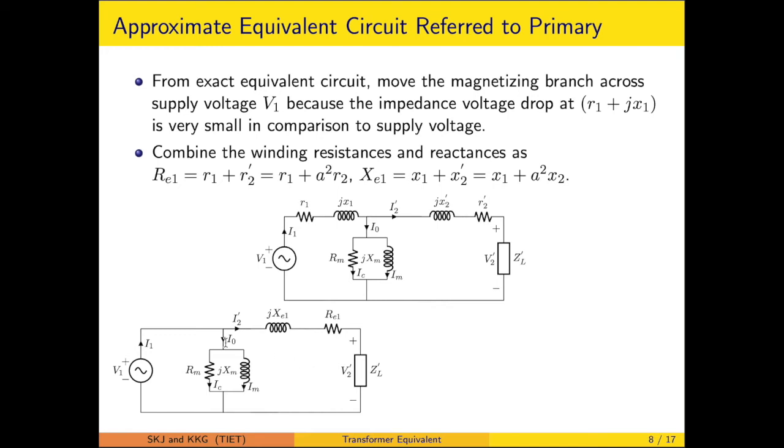So this is one arrangement. Now what we will be seeing is that this is coming out directly across the supply. So when this is directly across the supply, it is not participating in calculating the voltage, because the voltage ultimately depends on V1, V2 dash and the I2 dash with this series resistance. It is not participating at all. And the second point is that this current I0 is small, so we can neglect it and form another equivalent likewise. So this is one approximation, and here is another approximation.